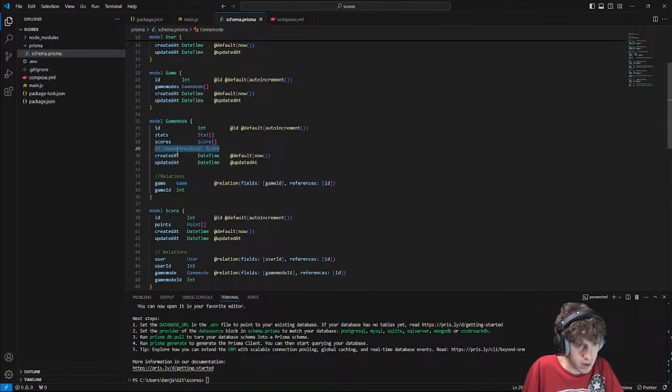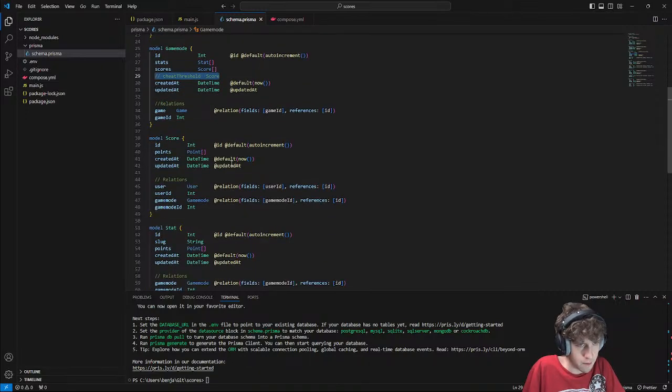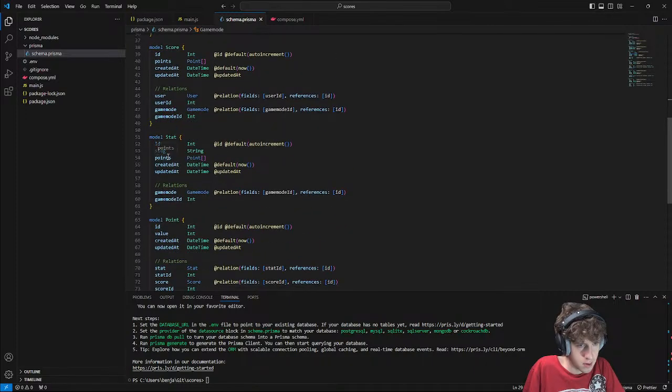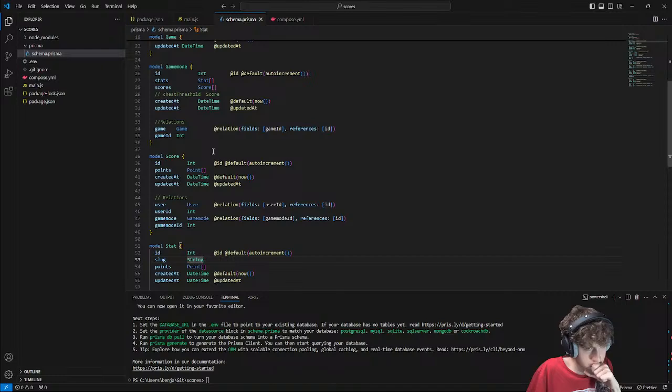Now for here, how to do the cheat threshold. Every stat has a slug string value. I guess I could directly put it into the stat.